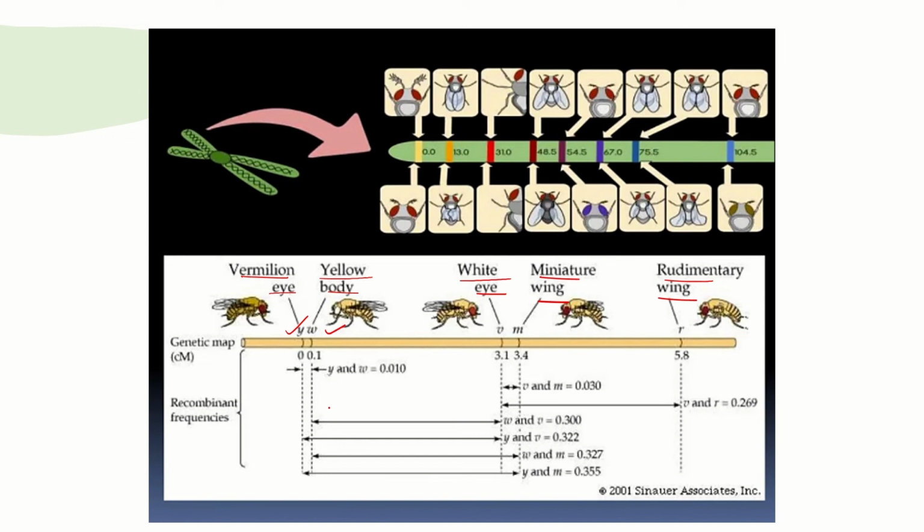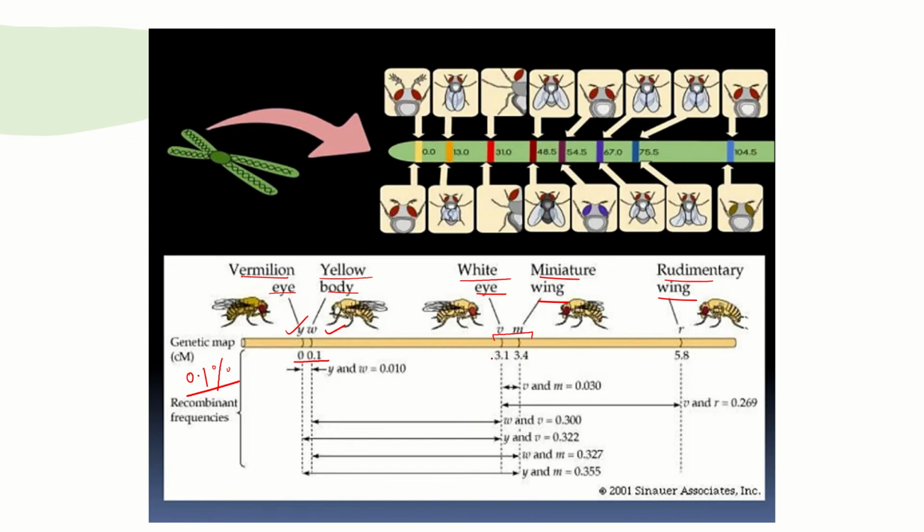When we study their recombination frequencies, they are very low, and we find that the recombination frequency comes out to be just 0.1%. So if it is 0.1%, that is equal to 0.1 centimorgan, and the gap between these will be 0.1 map unit. Similarly, if between these two the value is 0.3, the gap is 0.3 map unit, meaning their recombination frequency is 0.3%, and so on.